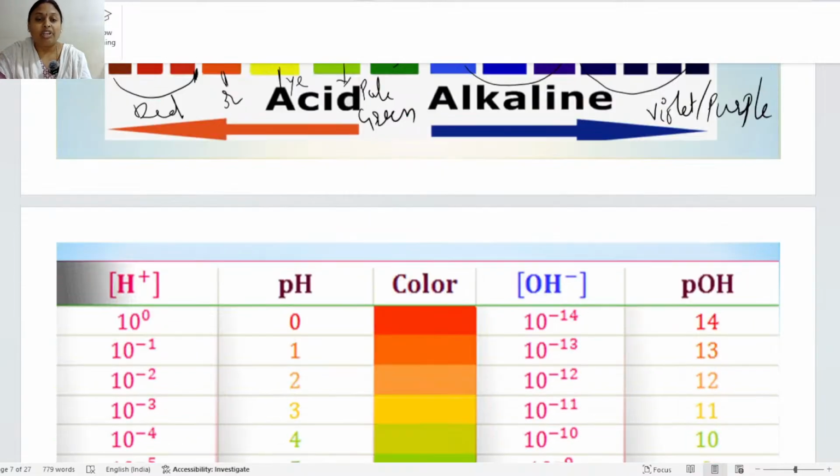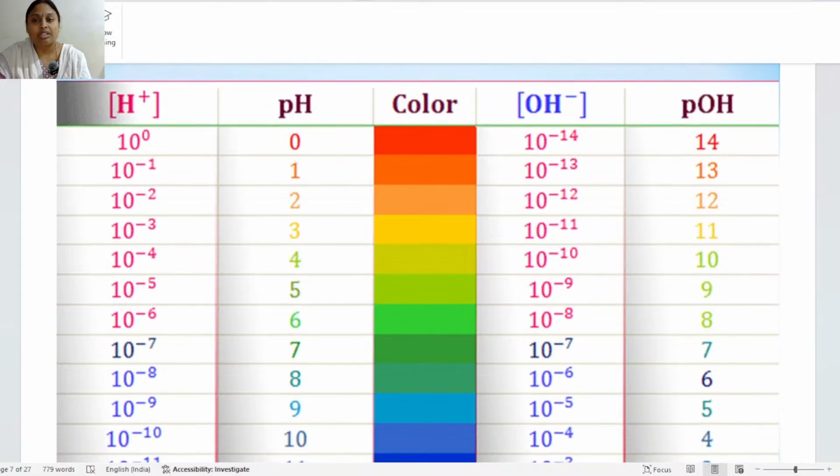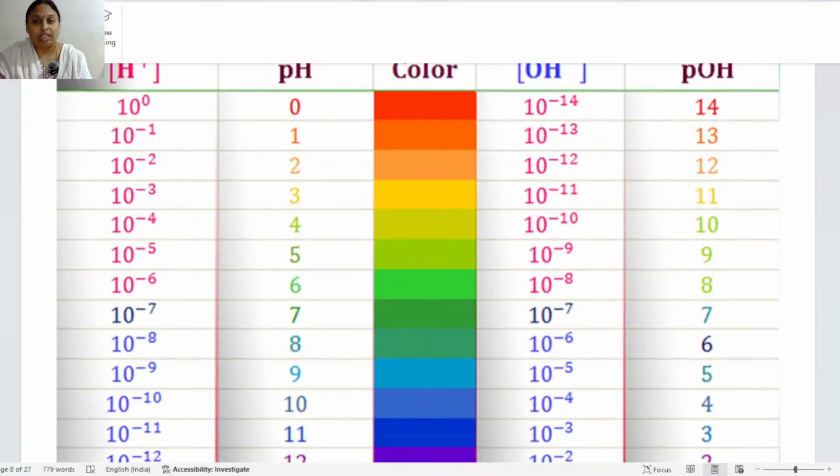So here, when it comes to the H plus ions concentration and with respect to the color given here, 10 power 0 means here pH will be 0. In that case, the color will be red. Color is taken as red. So next, when it comes to 10 power minus 1, just a minute, I will show you here. When it comes to 10 power minus 1, the pH we are supposed to take as